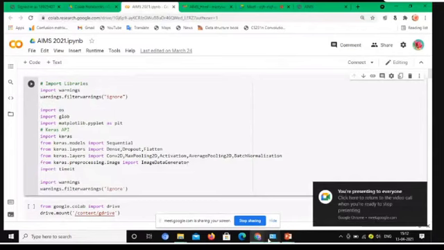Before we enter the hands-on session, what is a convolutional neural network? How does it work on images? How does the computer read an image from the user?